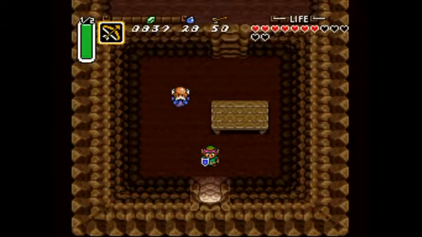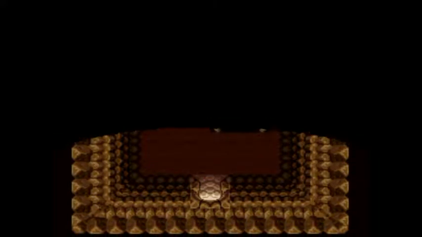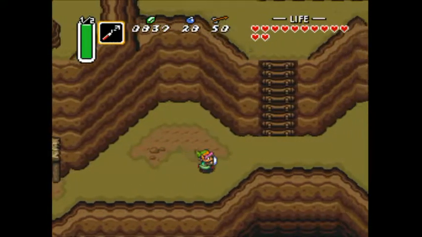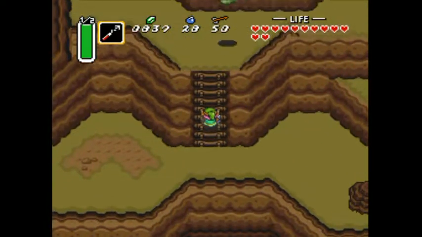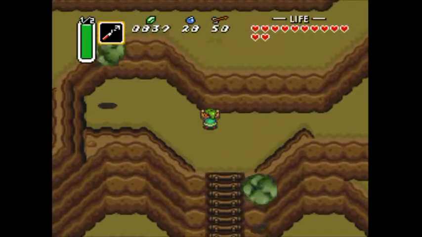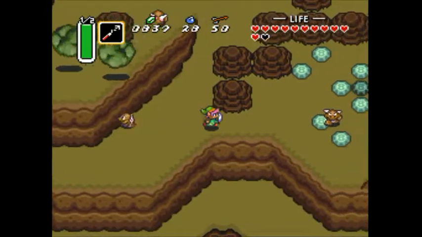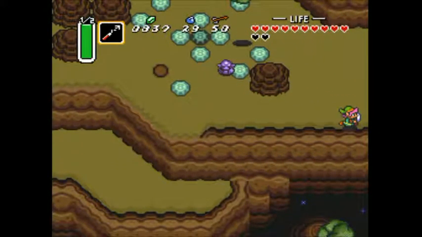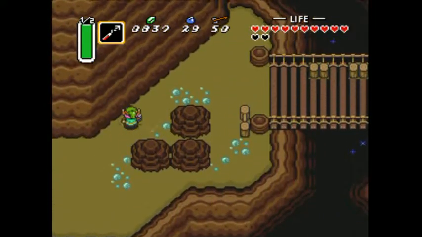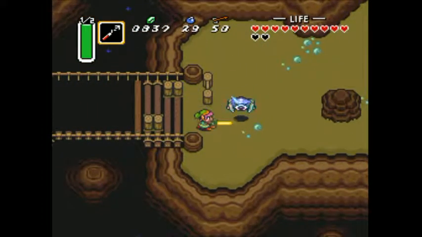We're gonna go right back into Link to the Past here. We finally got a few pieces we've been missing. We've got the hookshot and we've got the boots. They are very important for mobility on the map, and while they don't unlock a lot of dungeons, they do unlock a few, and